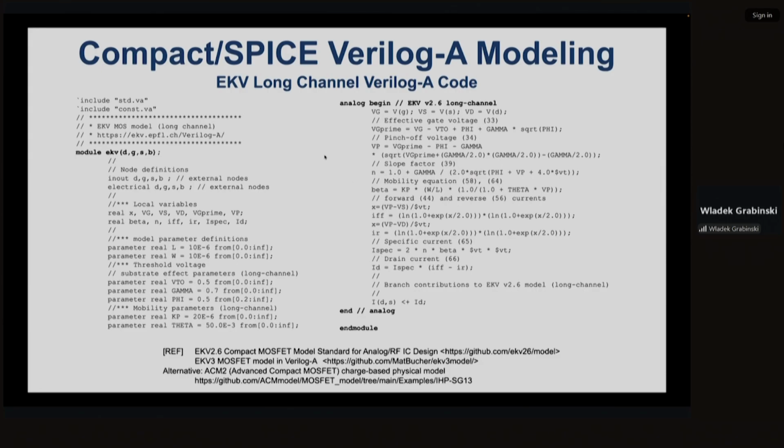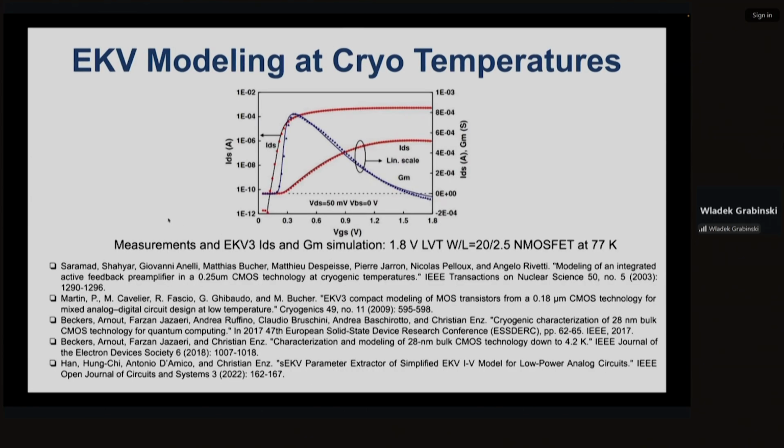Here we are modeling a very simple long channel MOSFET model, defining its current in Verilog.